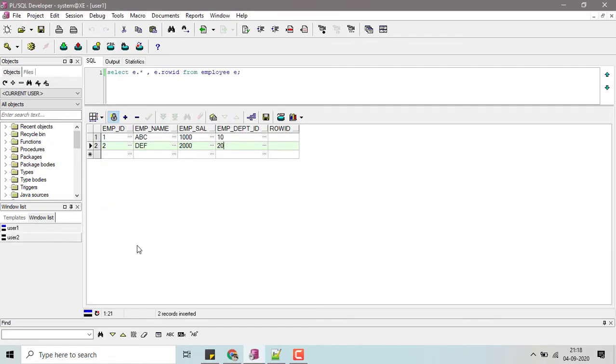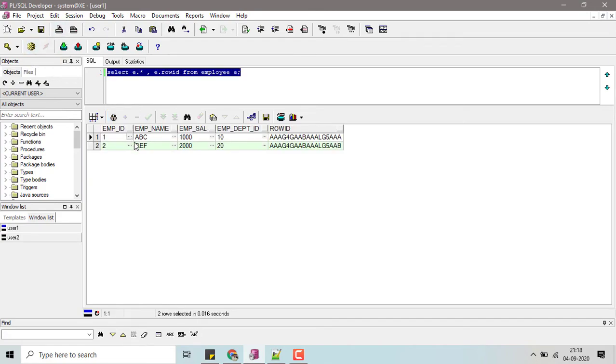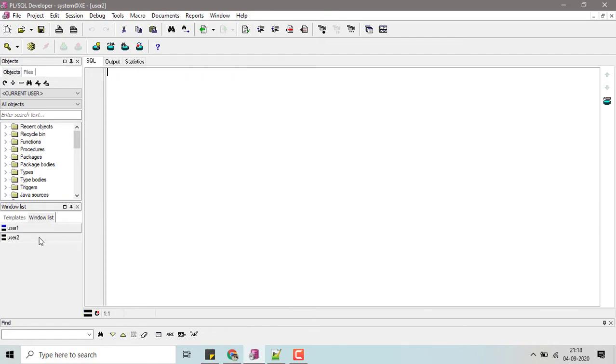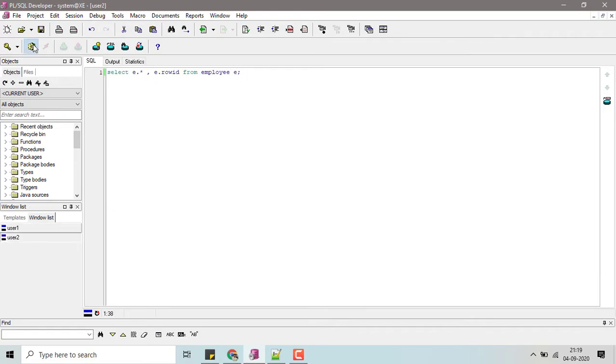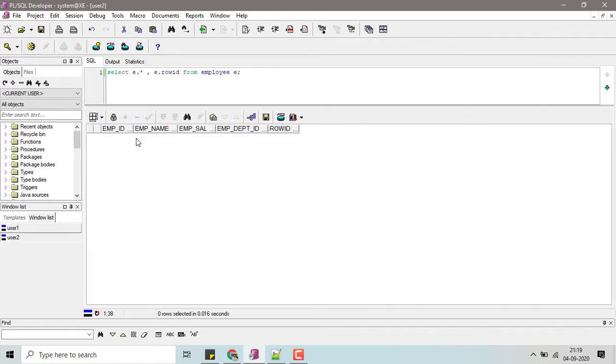Here user 1 added the 2 rows and did the partial commit, but it is rendered only in the user 1 session. If I select like that, I will get 2 rows in the user 1 session, but if I write the same query in the user 2 session, I won't get the rows. We are seeing that no records are there.